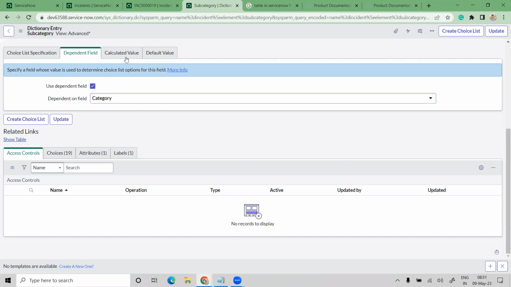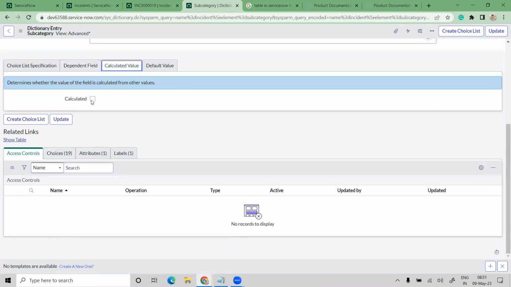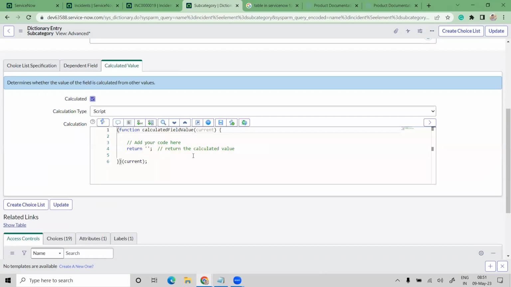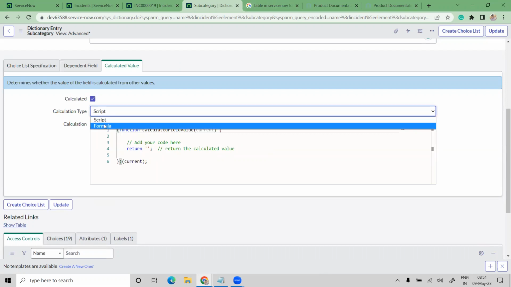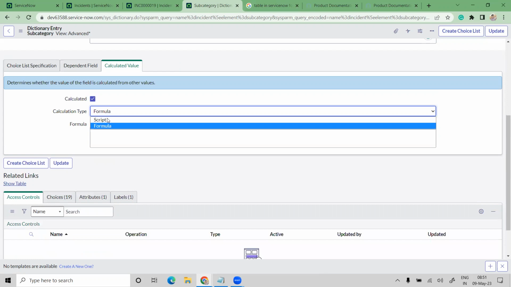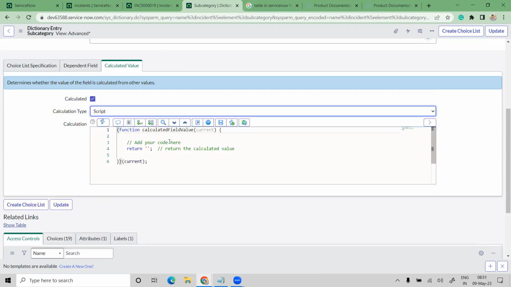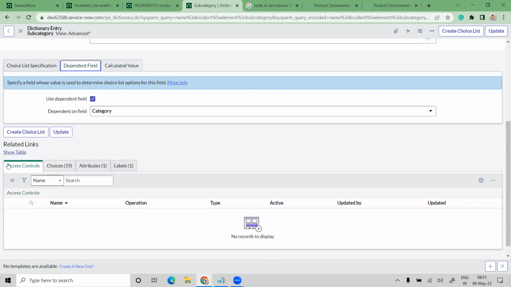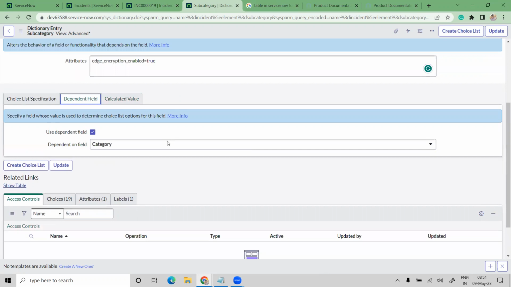Okay, and then calculated values. If I want to work with any calculation, or calculating with some other stuff or with values, then I can go ahead. Here I can have a script and formula as well, just like in queries, and all these things we can use. As of now, I haven't used it. Okay, and we can go with the next one. If I scroll down,